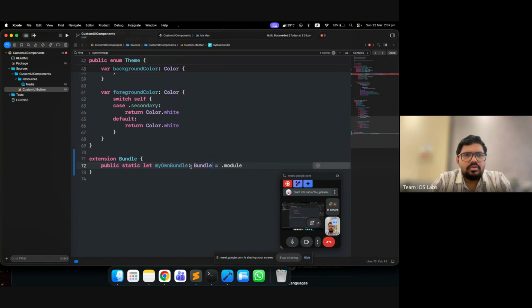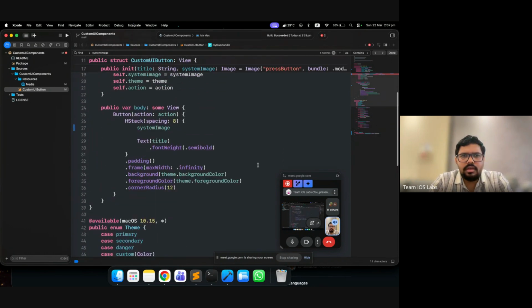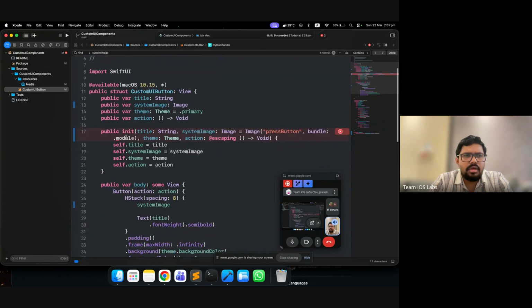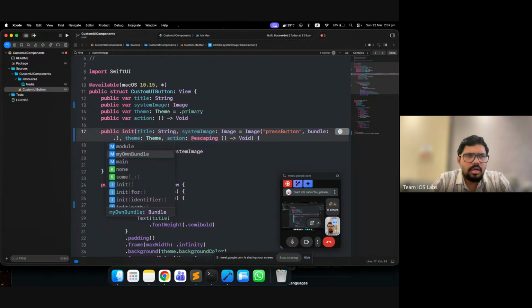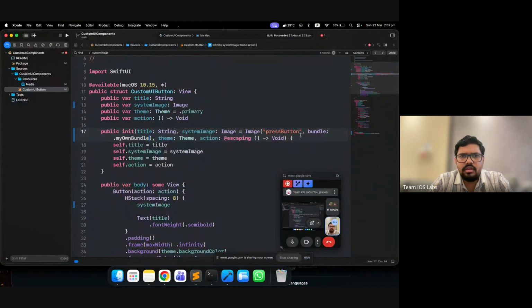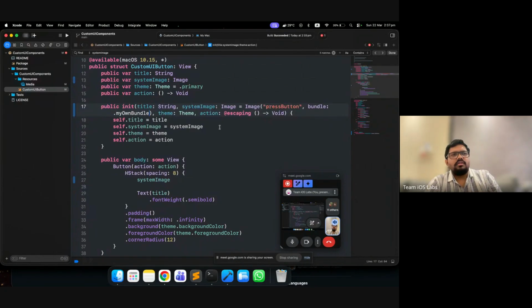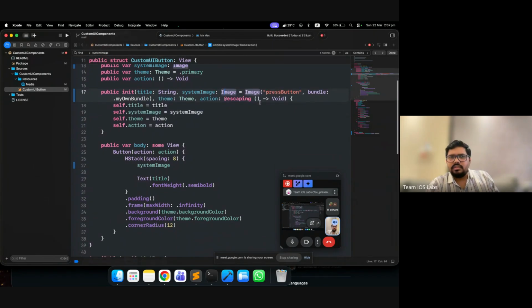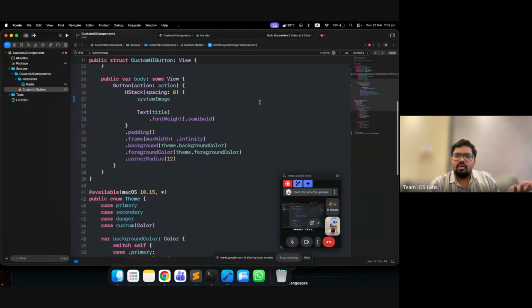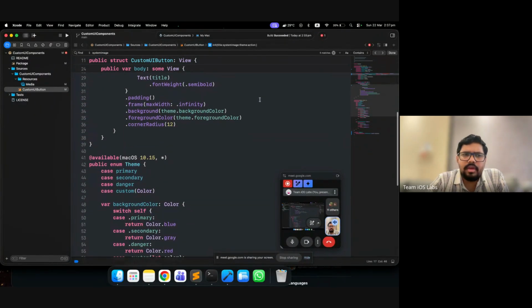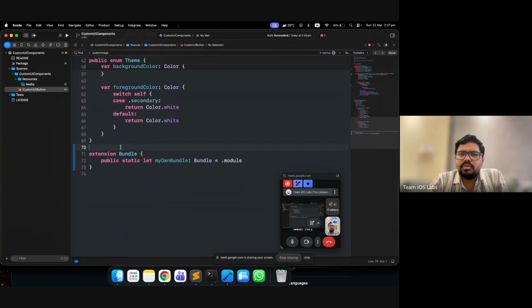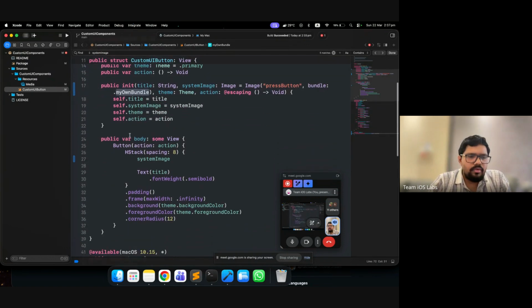Cool. So now, if you can see, we can use this basically. Otherwise it's normally not allowed. So my own bundle, I think now this is fine. So what we are doing here, we added the asset. Then as a default image, I want to pass this. And again, normally .module is not allowed in default argument values. So to resolve that, I made one extension. I created my own property, and there I'm actually using it. So cool. Now let's build this package and see if this is even